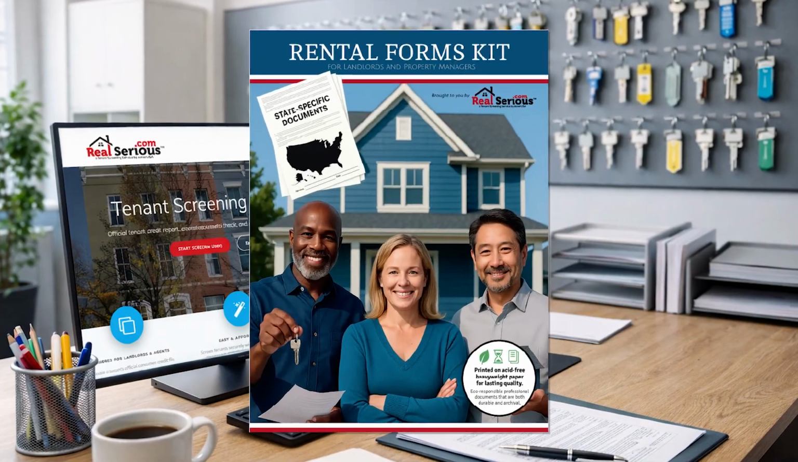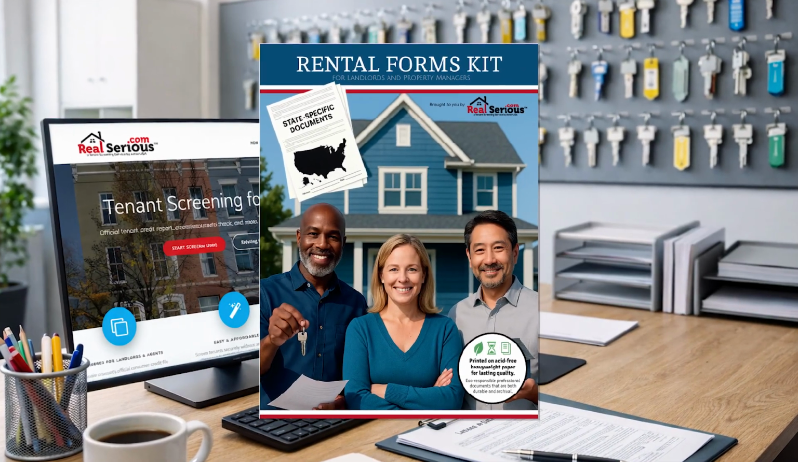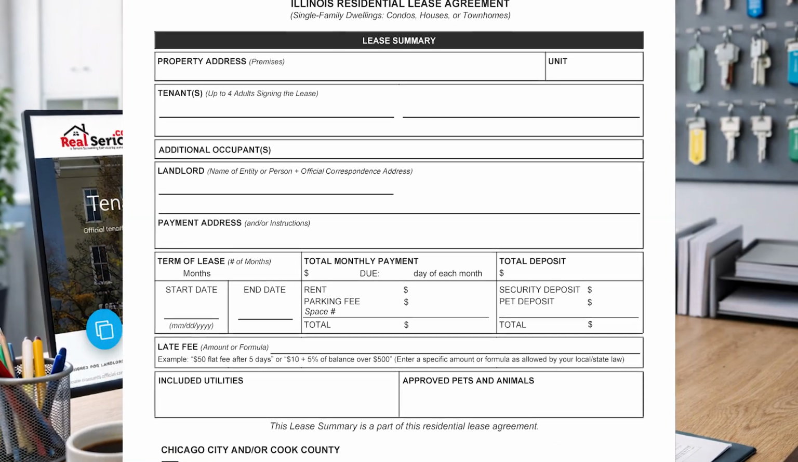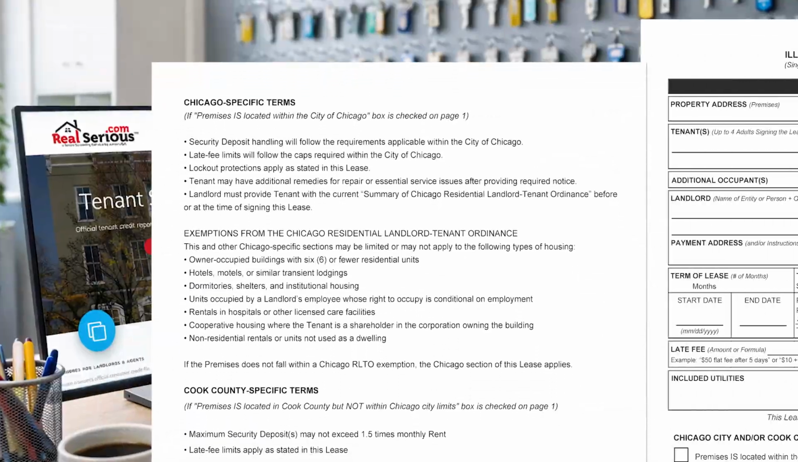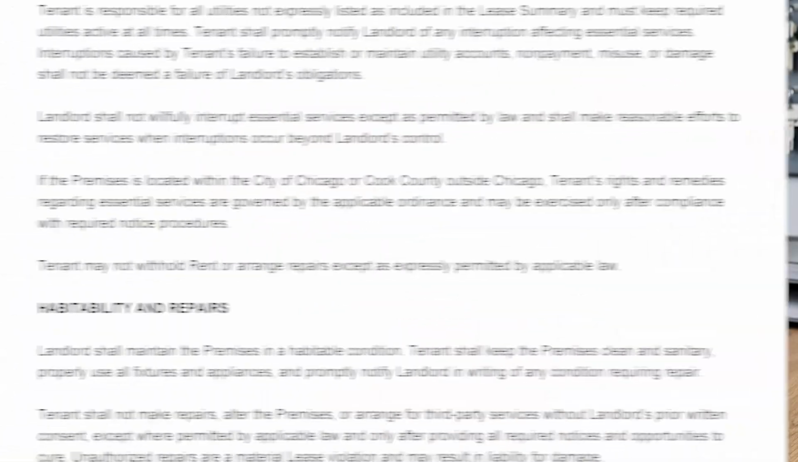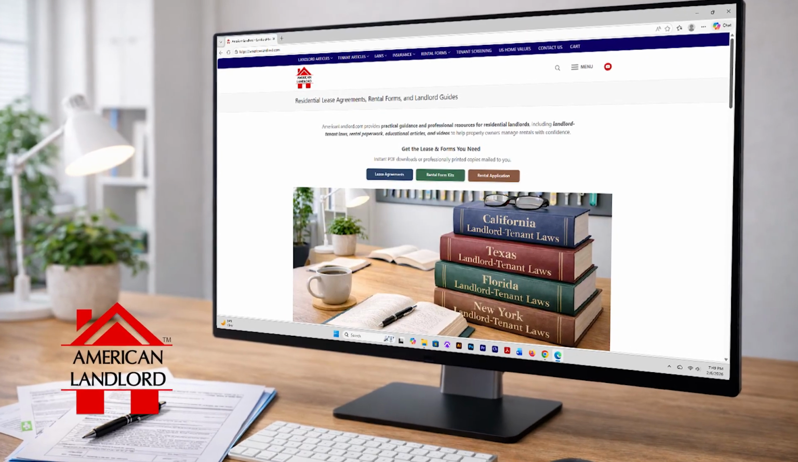If you're a landlord in Illinois and need a solid residential lease agreement that's easy to use, professionally formatted, and available as a digital PDF download or a professionally printed packet, this video will walk you through what we offer and how it works. This Illinois lease is part of the landlord resources available through